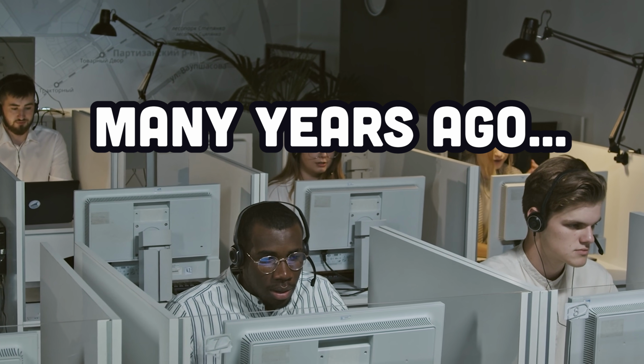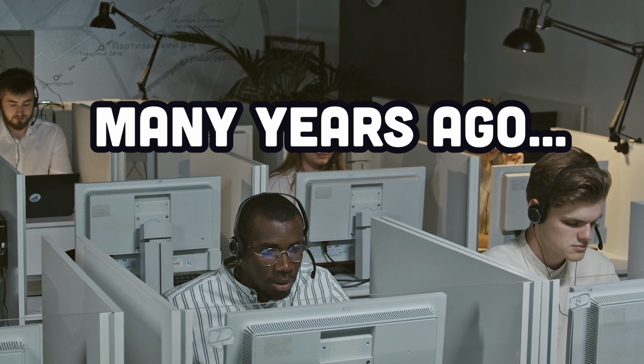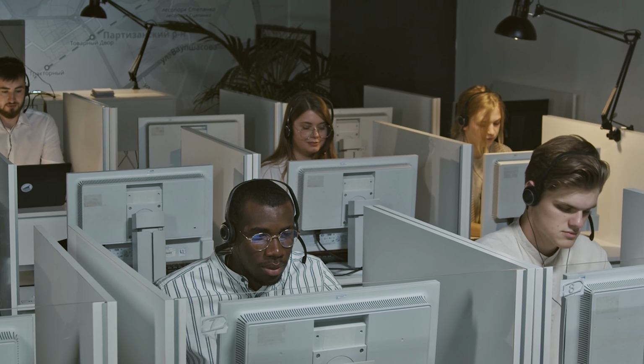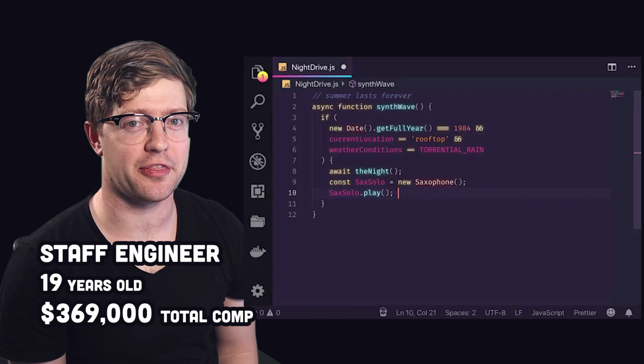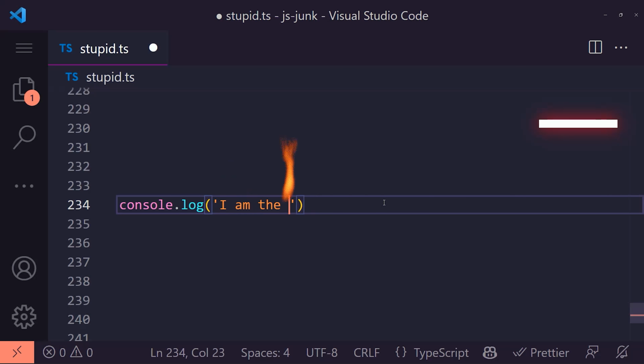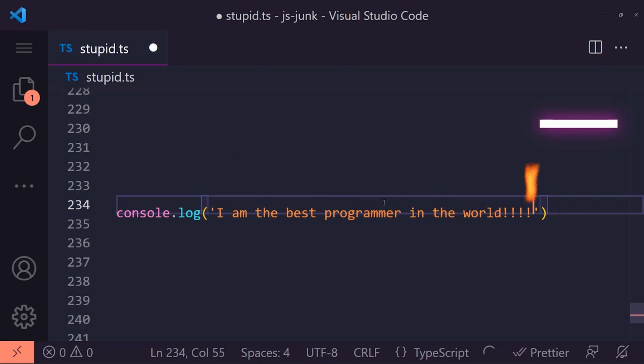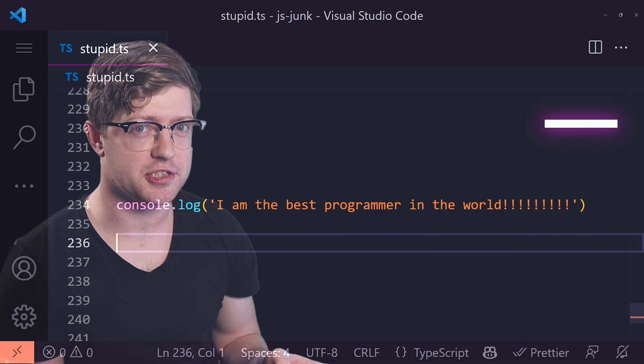Many years ago in a story I just made up, I was architecting some highly scalable infrastructure when a staff engineer walked into my cubicle and said, "Hey buddy, that's a cute VS Code theme you've got there." "Oh, thanks. It's a synthwave with power mode enabled." Before I could explain more though, he cut me off and said, "You see that bug on line 234, right?"